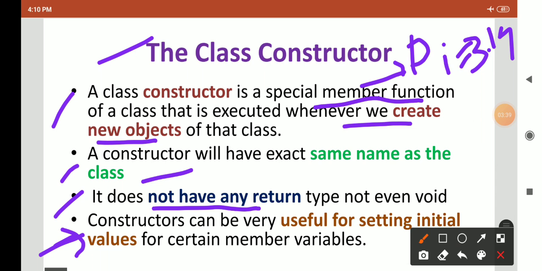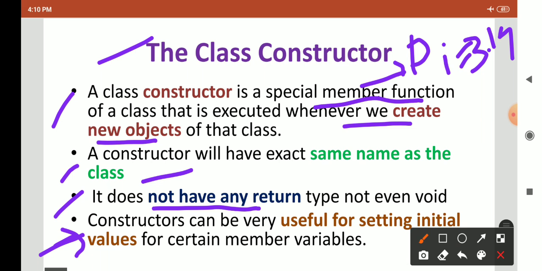Constructor is also used for setting the default value if any value is not provided. Suppose an account balance. At the initial stage, if you open a bank account, suppose the bank condition is that you have to deposit 100 rupees compulsorily. So we can set this default value to the balance.